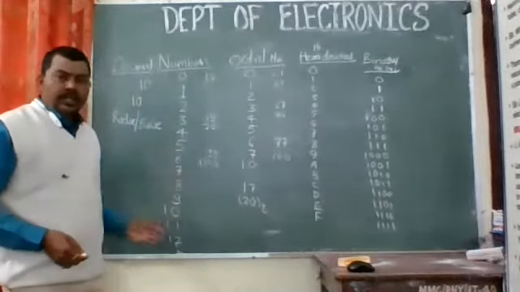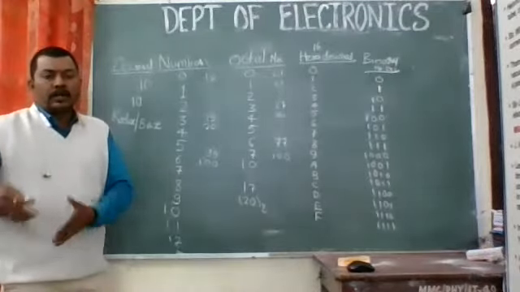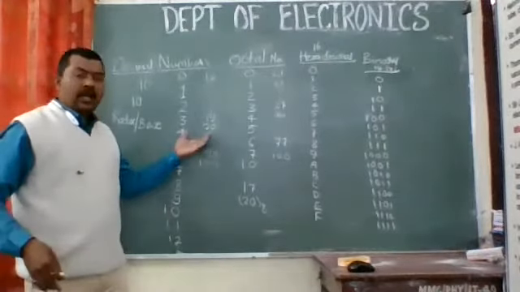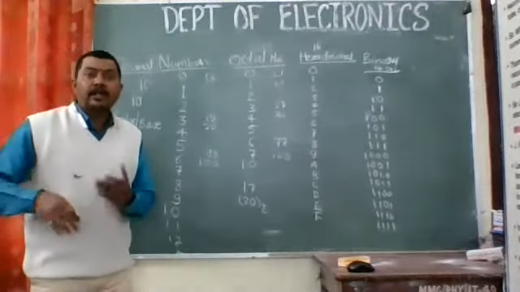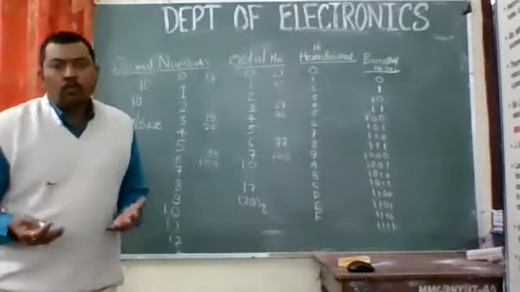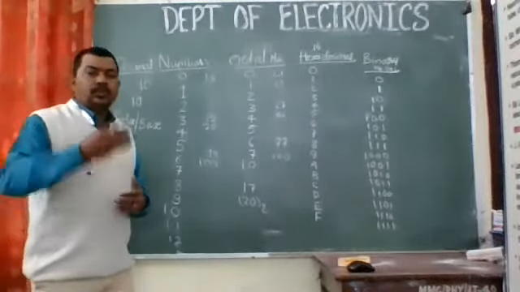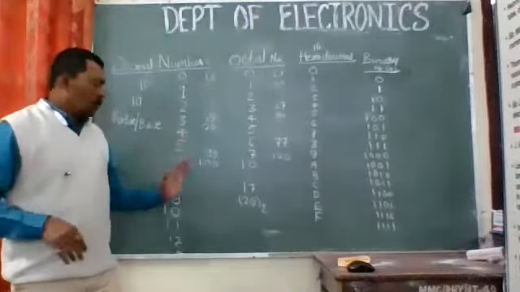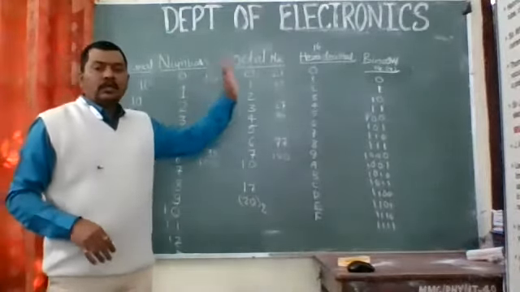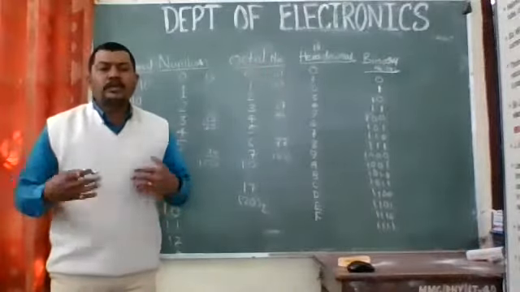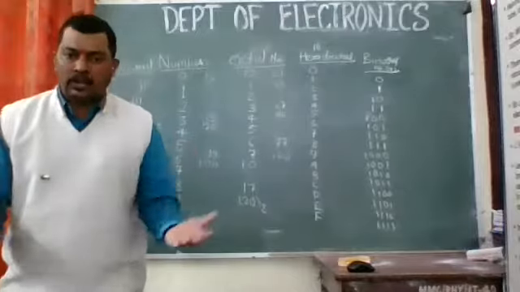And arranging it in that fashion, if you go on adding, or if you go on continuing up to 100, and then up to 999. After that, what will come? It will be 1000, right? So when it overflows, we'll have a 0 with a carry 1 over there, and the same procedure and steps are used in the other number systems also. You can design your own number system, right? Likewise, as per your requirement.